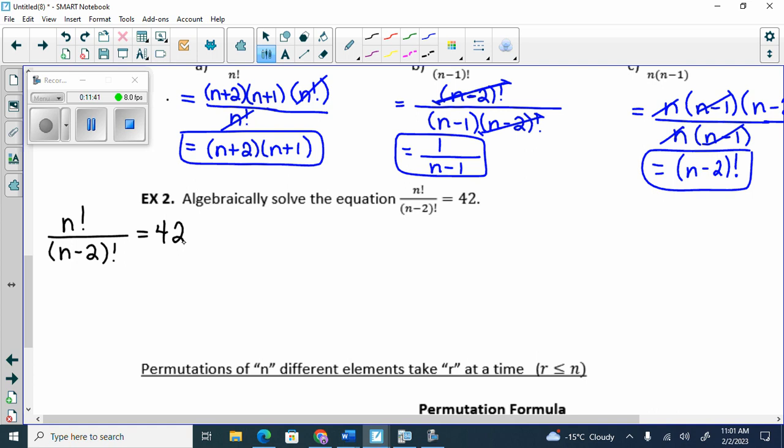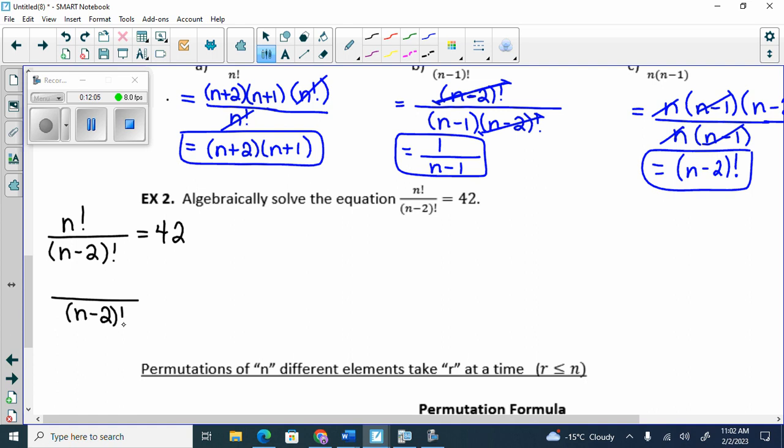Okay? So, which is bigger, n factorial or n minus 2? N factorial, because if I plug in like a 6, this would be 6 factorial, this would be 4 factorial. We agree? So, I'm going to rewrite the smaller, and I'm going to expand the bigger one until it matches the smaller one so that the factorial symbols will